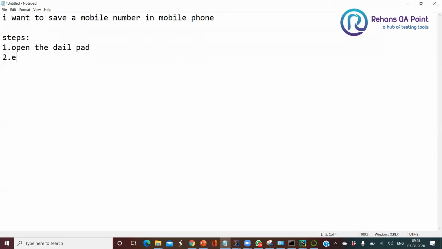Then enter the number. Then save to contacts. Then the fourth one, enter the name. And the fifth one, I'll click on save. So these are the 5 steps that I normally do.